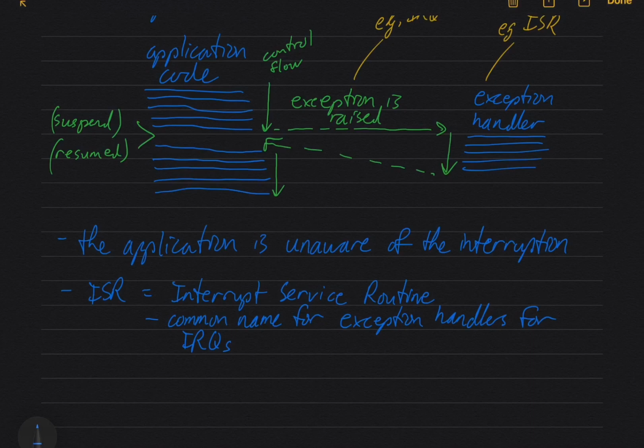And ARM has their own name for these things. ARM calls ISRs IRQ handlers. We're going to see an example of this